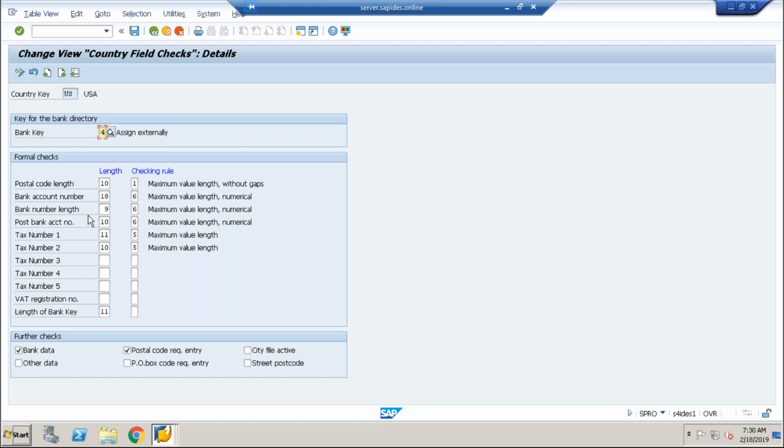If there are specific changes that need to be done for the company code, you can copy this and create your own setup. That's where you maintain it, and if there are any specific changes, they can be done in the specific settings here.